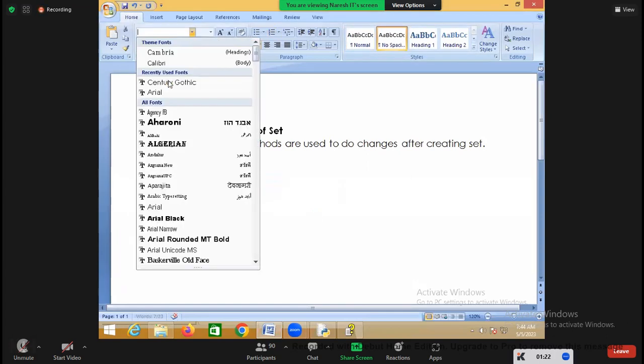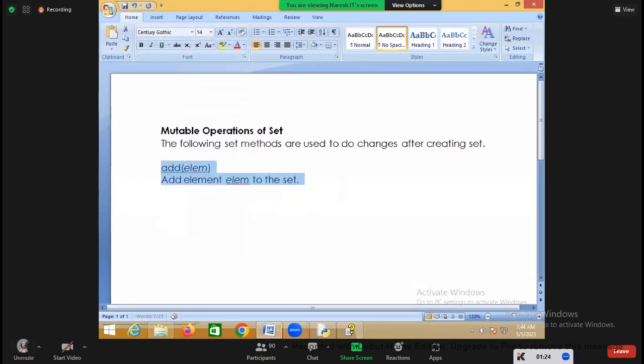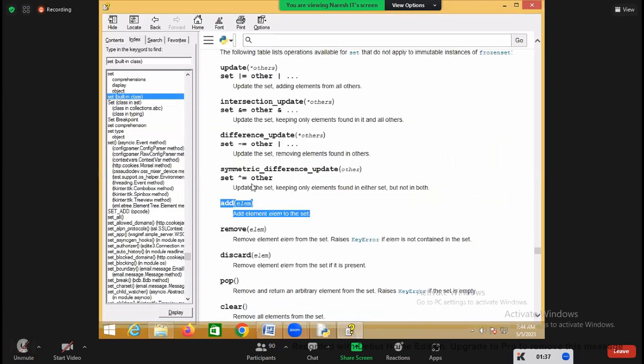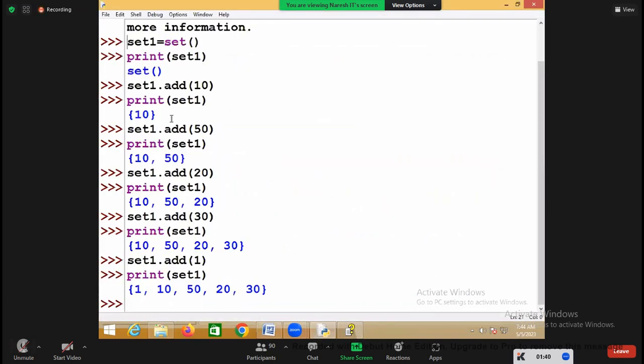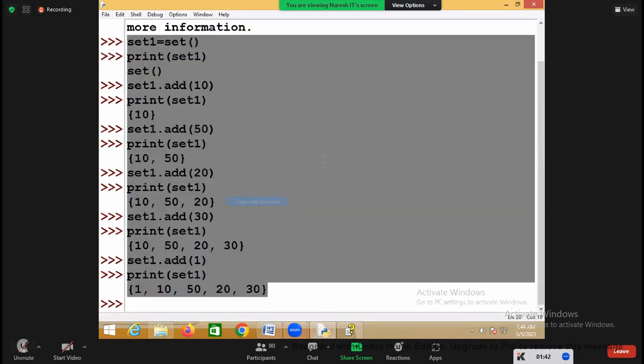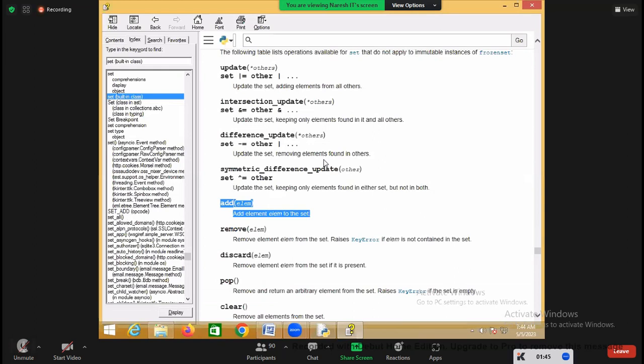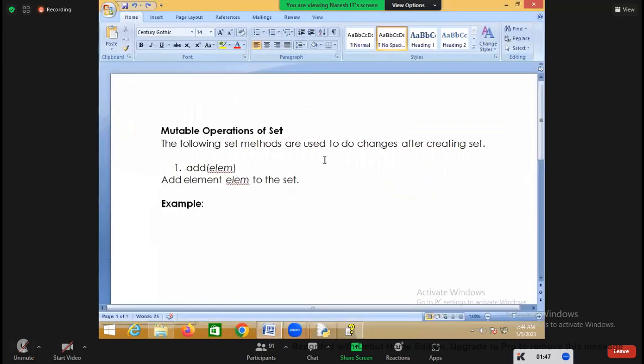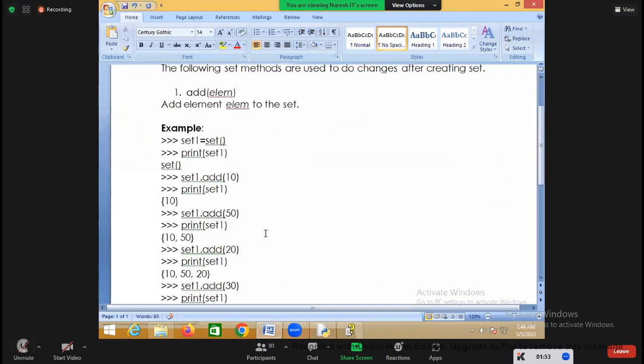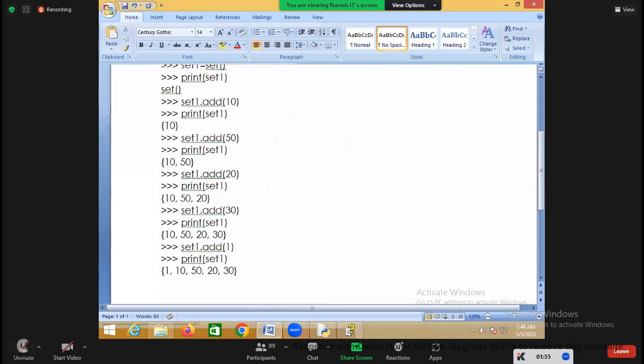So this method is for adding elements within the set. For that, you are using a method called which one? Add. Right now this is adding elements within the set. For example,